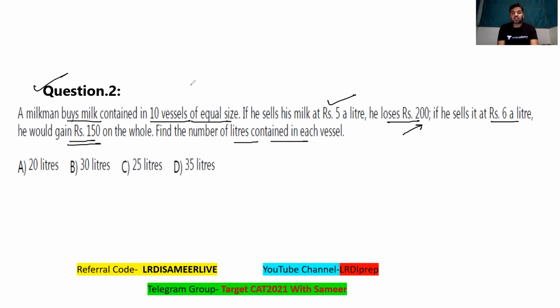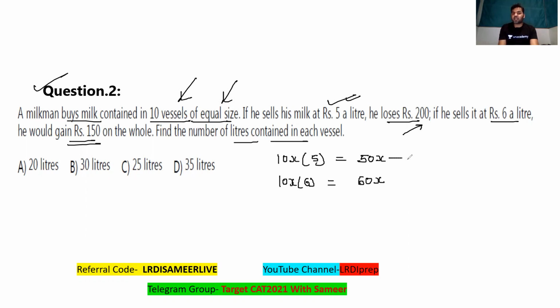So see that guys, the total number of vessels is 10, right? And all of the vessels are of equal size. So if I'm assuming that every vessel is containing x liters, the total liters that he's selling is 10x. When he's selling at 5 rupees a liter, the total money that he's getting is 50x. And when he will be selling the whole milk at 6 rupees a liter, he will be getting